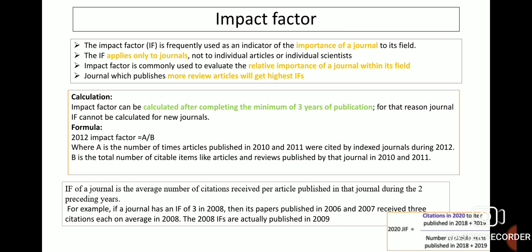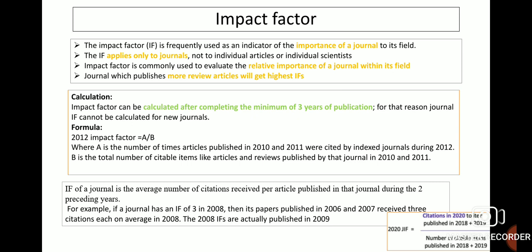The impact factor of a journal is the average number of citations received per article published in that journal during the 2 preceding years. For example, if a journal has an impact factor of 3 in 2008, then its papers published in 2006 and 7 received 3 citations each on average in 2008.